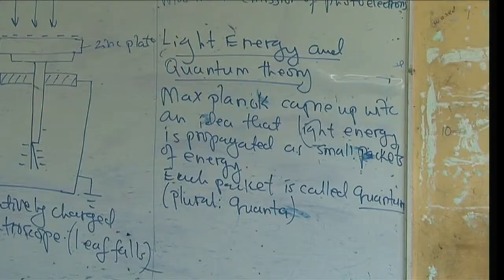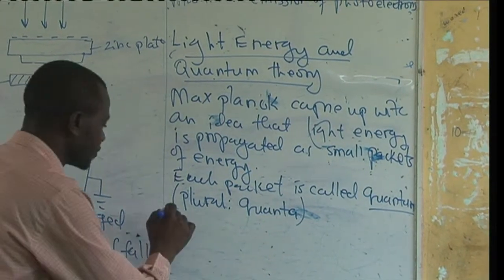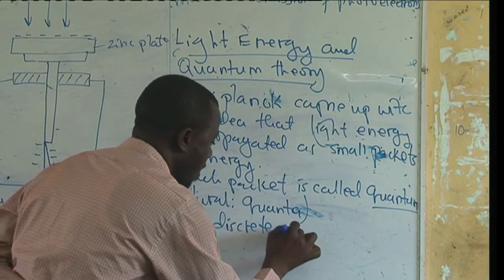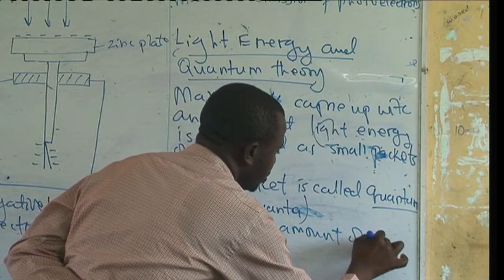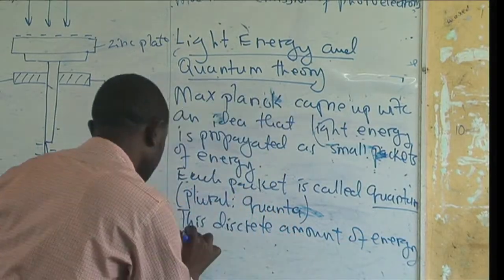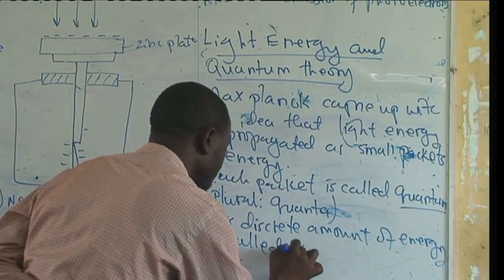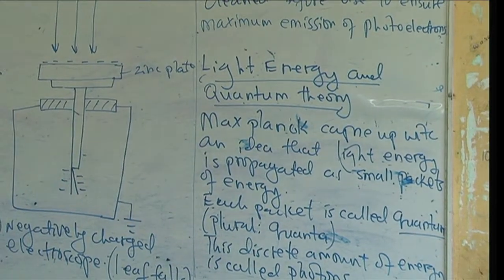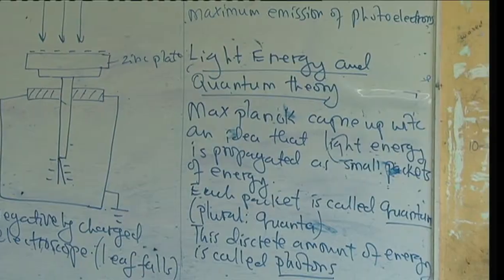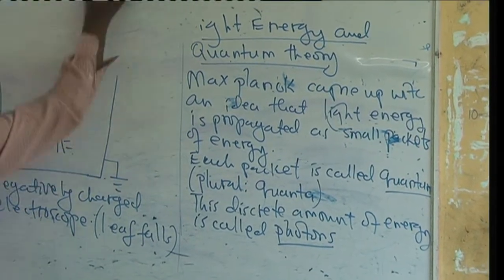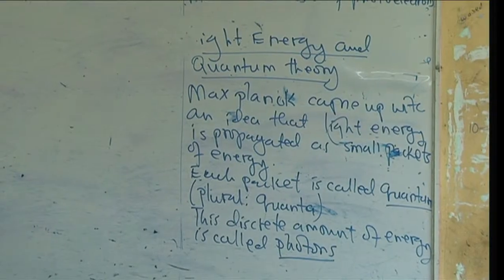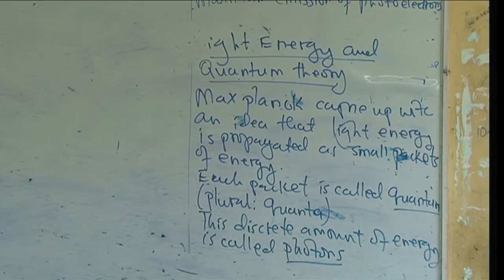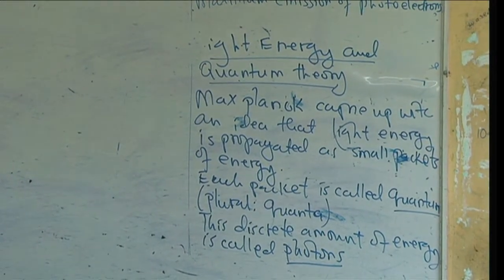Now, this discrete amount of energy is called a photon. Those packets of energy are the ones that we refer to as photons. Now, one photon, that's one packet of energy, can carry a given amount of energy. That's what we want to look at. So we are saying that the energy possessed by a photon is given by